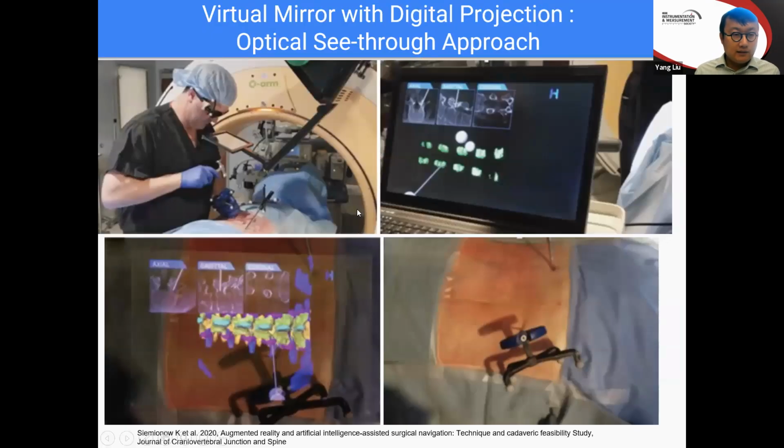So here's another paper where they have developed a system to use a combiner, a half-transparent mirror. Here you can see you have a projector to project digital information reflected by the combiner and visualized through the 3D shutter glasses by the surgeon. It's a very promising approach, and it's very innovative. One area of consideration is that now you have this combiner directly placed on top of the surgical site. How to keep this part of the apparatus sterile will be one of the considerations to be figured out in the future.